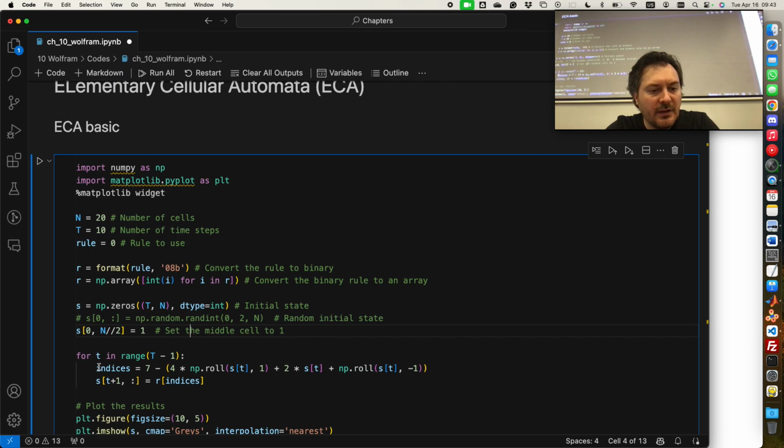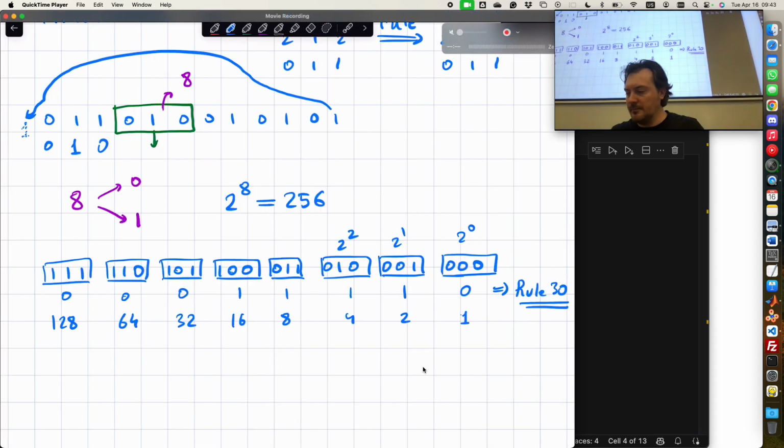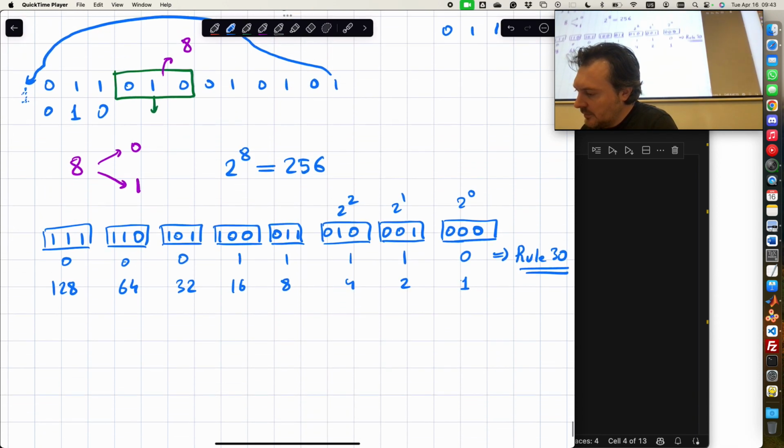Then there is this line that does all the heavy lifting. So what's going on here? Let me first describe this part. This part transfers. So let's say, let me just copy this from here.